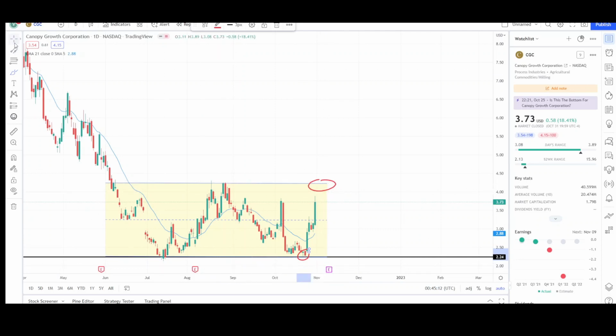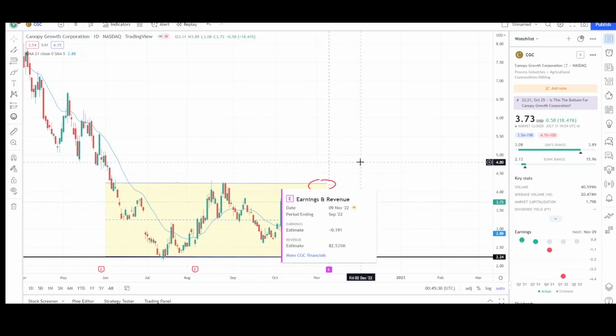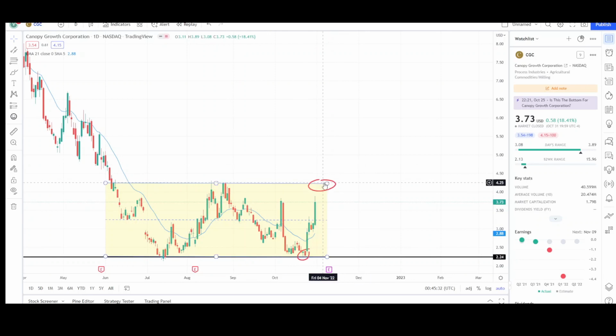Earnings report is due to be reported on November 9th. So if we have a breakout of this range on the top side, most likely the earnings will probably dump prices. And if right now we just sell off, the earnings can probably push up prices. So we'll have to wait and see where prices are relative to the earnings report, which will be released next